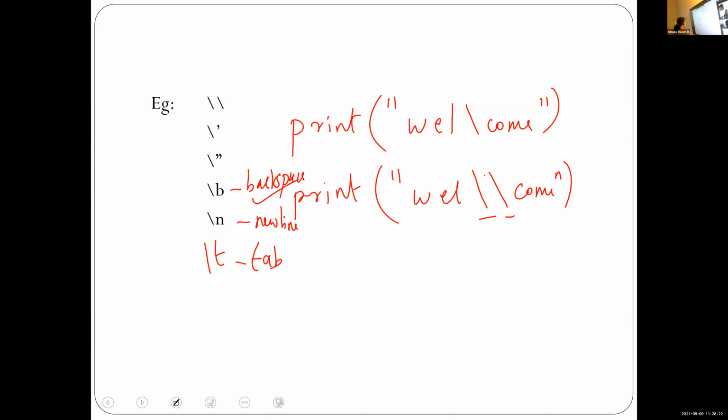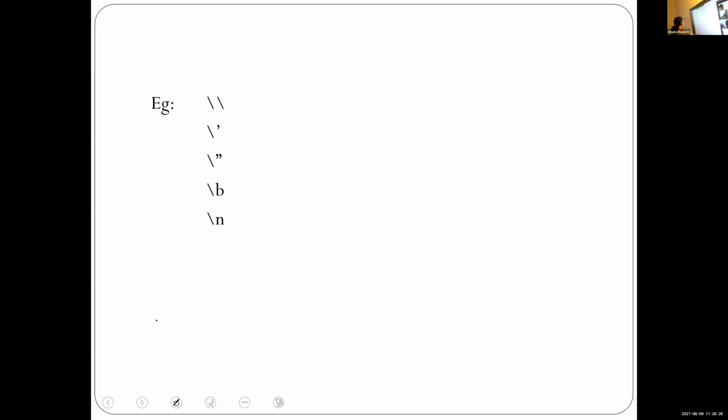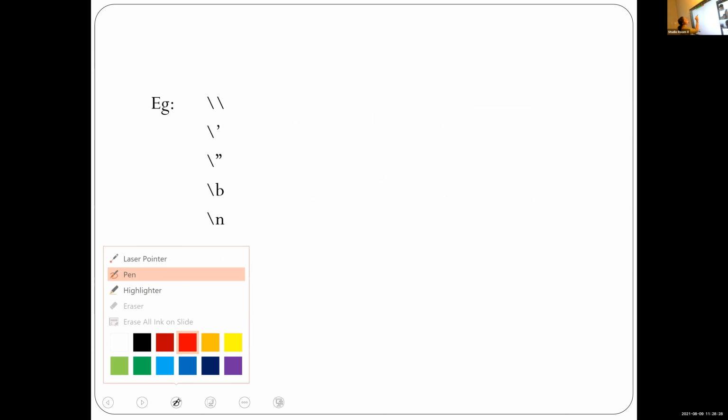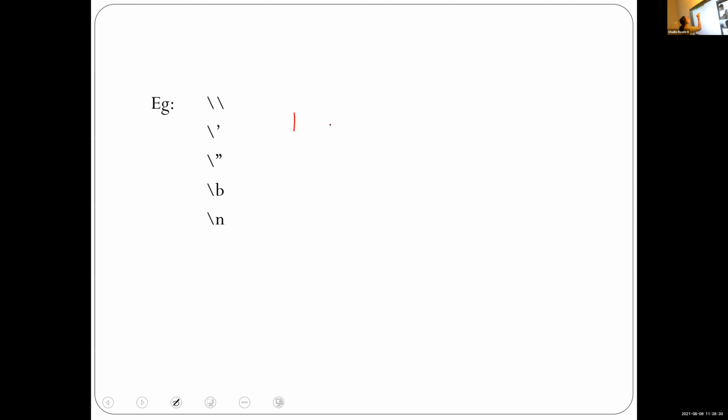I will give some examples. Print roll number slash T name slash T class.